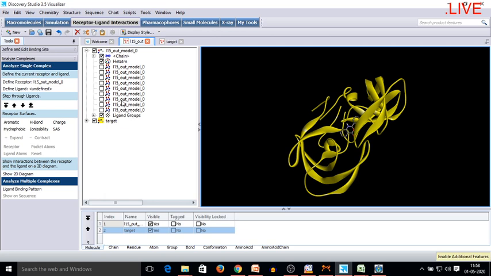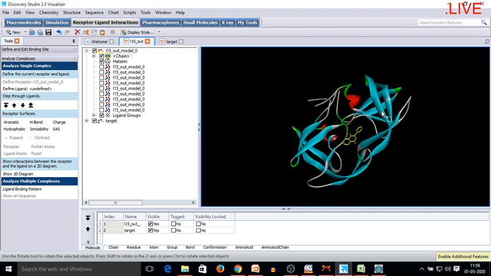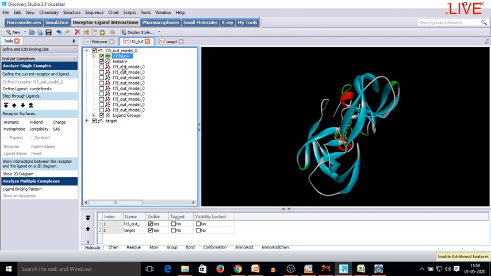What we will do, we will go to the chain, and these are again those conformations of that particular molecule. I will select one conformation, like you can see that I have selected only one conformation. Now as one conformation has been selected, it is a ligand, right? So I will define ligand.